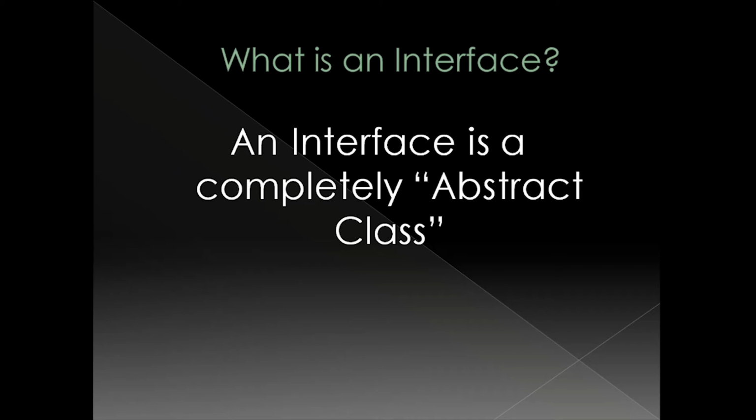Interfaces are syntactically similar to classes, but they lack instance variables and their methods are declared without any body. This means that you can define interfaces that don't make assumptions about how they are implemented. Once it is defined, any number of classes can implement an interface. And also, one class can implement any number of interfaces.